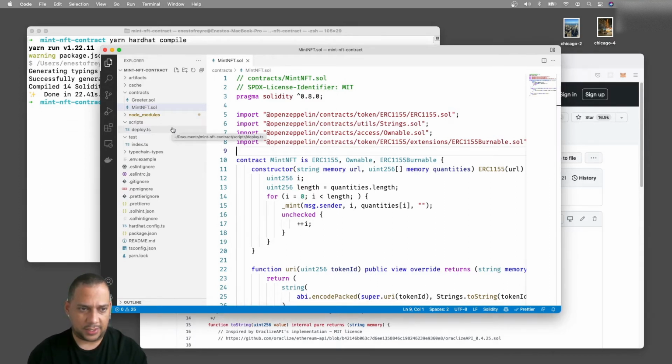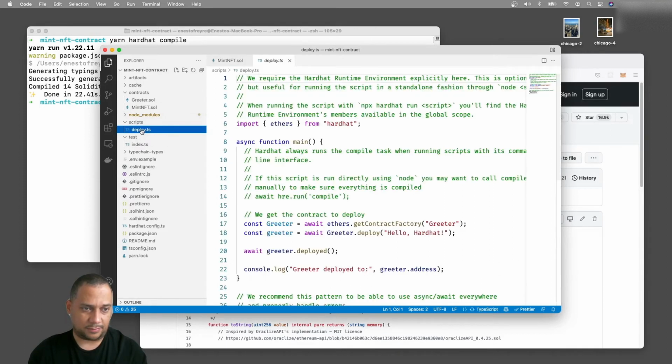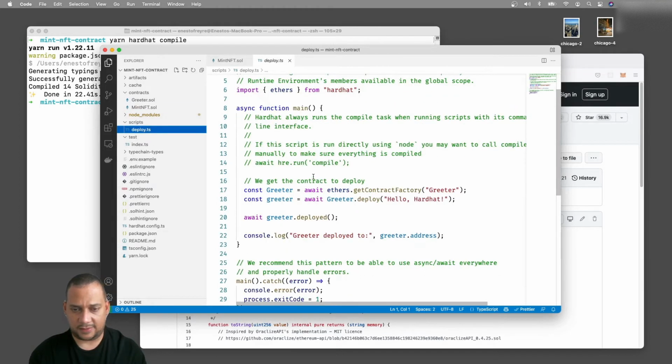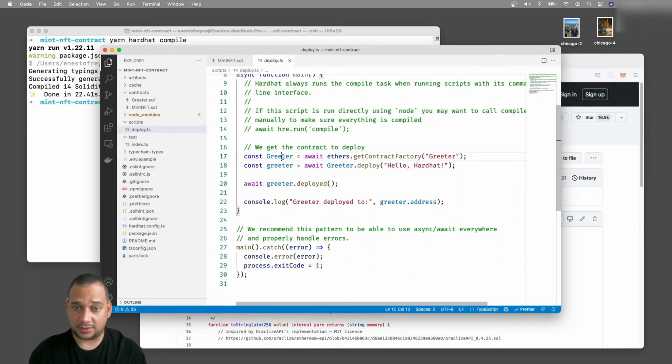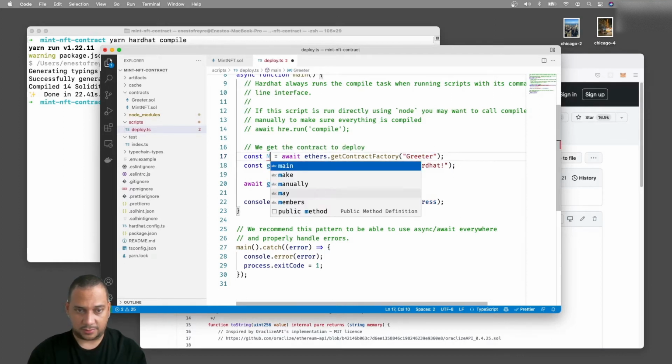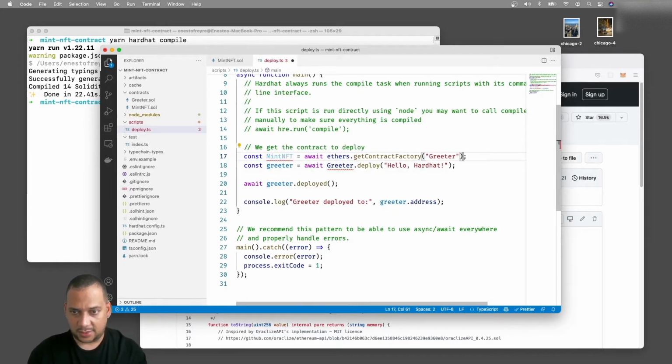So to deploy the contract, we have a deploy script, and the default script is deploying the greeter contract. We will change this to deploy our mint NFT contract. So I'm just changing the code.